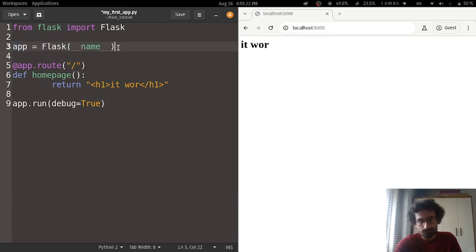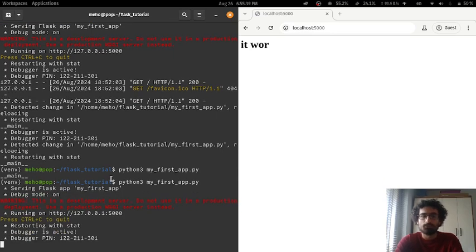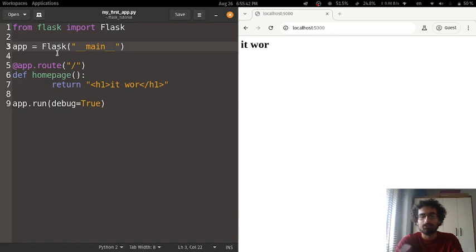So we do app equals Flask, and we do underscore underscore name underscore underscore. Again, this is the same as doing this for now anyways. In fact, let's give it a shot. It's the same as doing that for now because it only matters in bigger projects when you're importing stuff left and right, so it's not that important at the moment, but this is conventional, so we may as well keep this, and I don't want to dive too much into detail to bore you. We basically can now use this app variable as a Flask object,